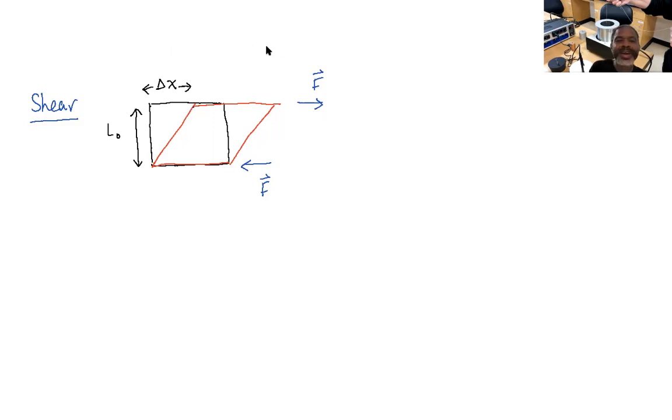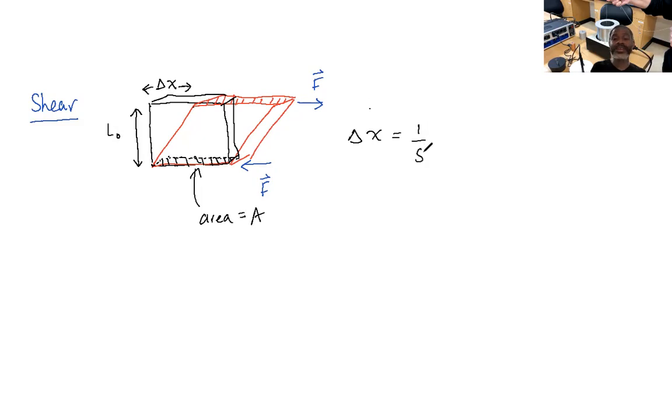we can imagine, just imagine with me for a moment, that the top of this object has this shape, okay? Right, so imagine the object, so I'm trying to draw it sort of in 3D for you here. So it was like this and then it got shoved over, deformed in this way. And so if we imagine the top of it has a certain area, right? So here I'll draw the bottom face, right? And then we'll sort of shade it in, right? So the bottom face has the same area as the top face. And we say that the area of the face is equal to A. So we can put all these together and we find that the description of shear stress